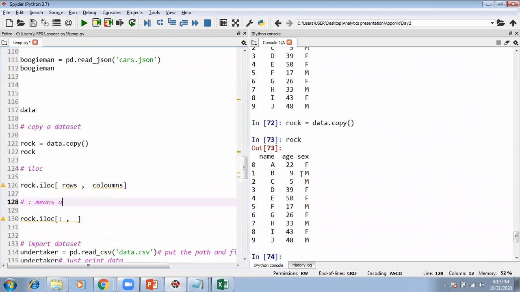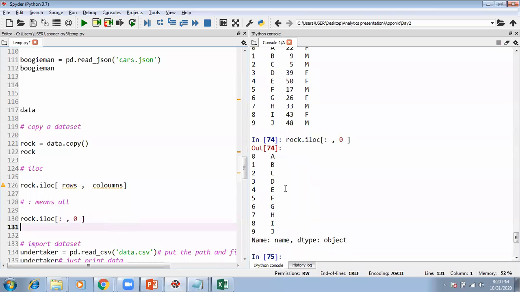Colon means all. In this case, on the left hand side I have written colon, meaning I'm referring to all the rows. What if I write here maybe 0? 0 means I am referring to the first. In Python I told you 0 means 1. I'm referring to the first column, that is name. So if I execute it, it's going to show me only the names, right?